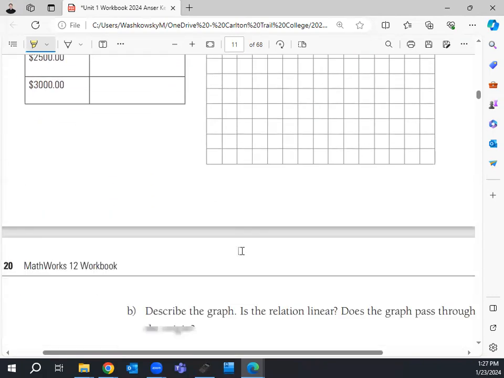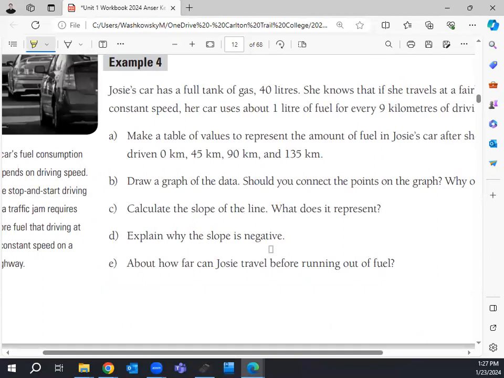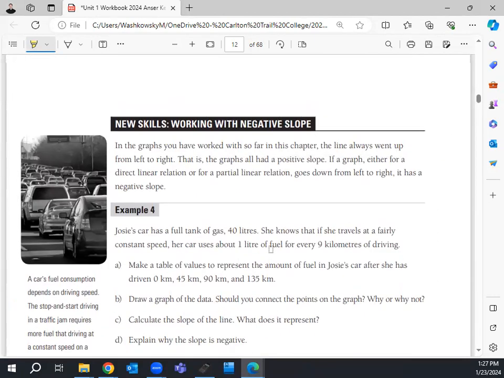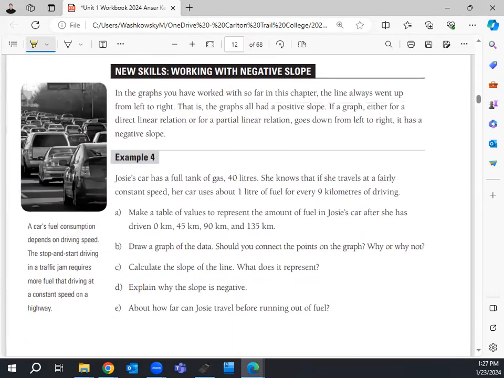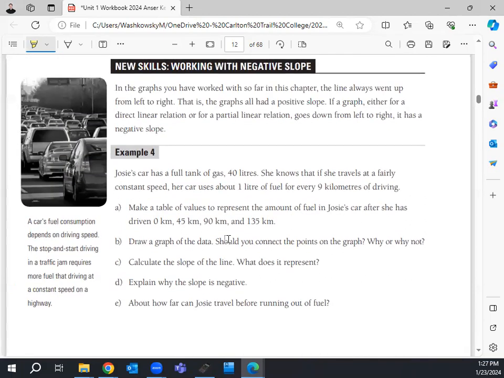I'm actually going to scroll on down here to the next page. What page is this? This is page 20. Yes, okay, page 20. So